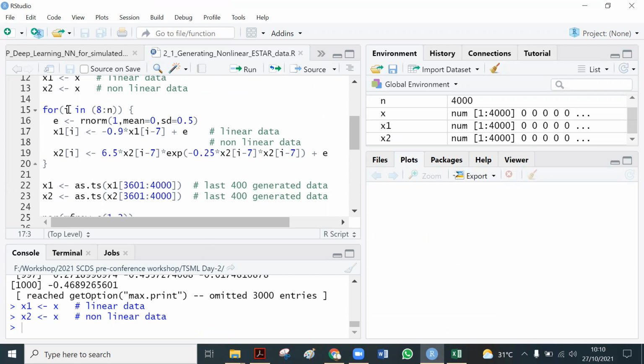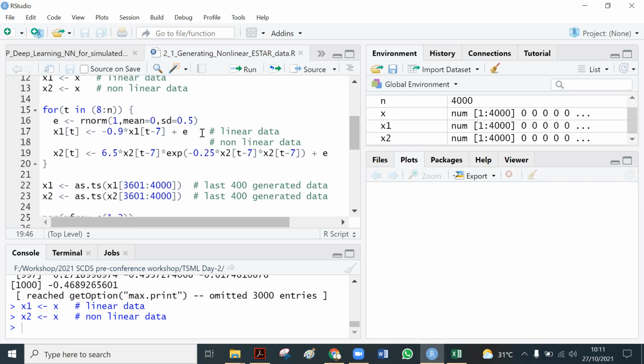We can change i to t to make it the same as the slide. It doesn't matter actually; you can leave it as i, or you can also change it to t.